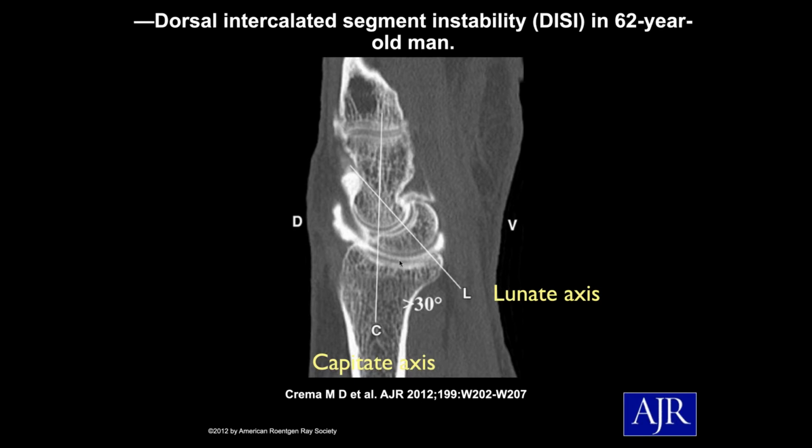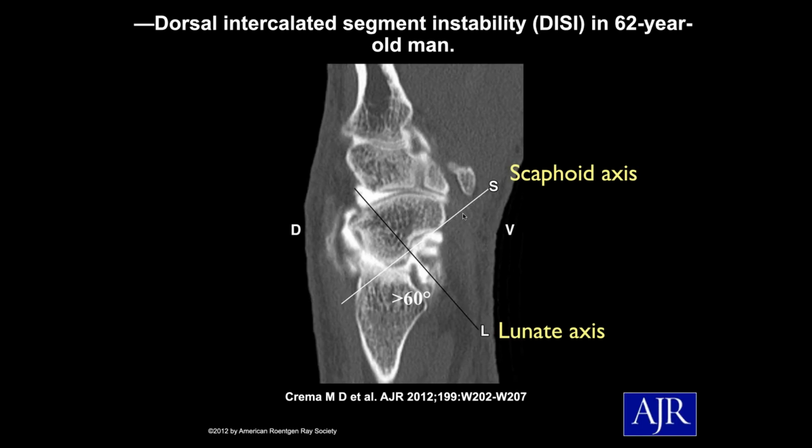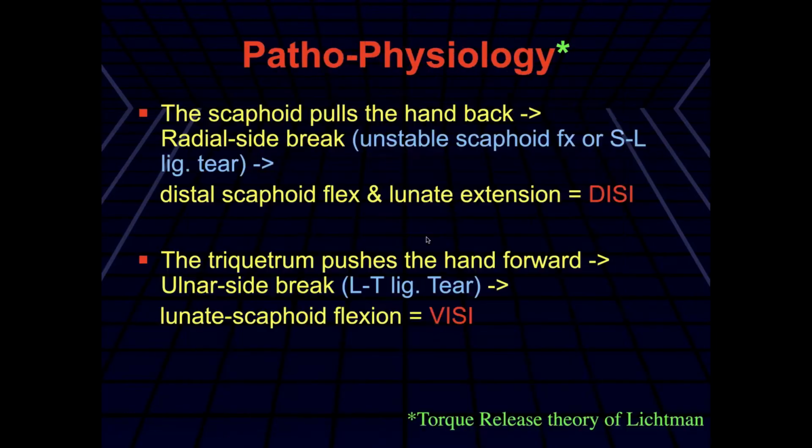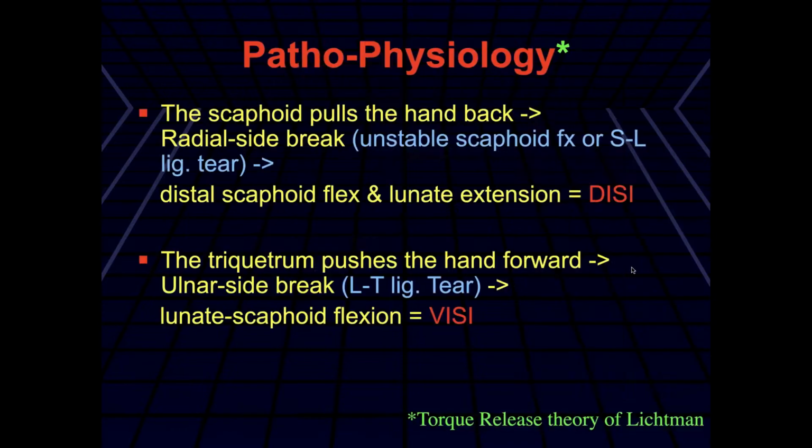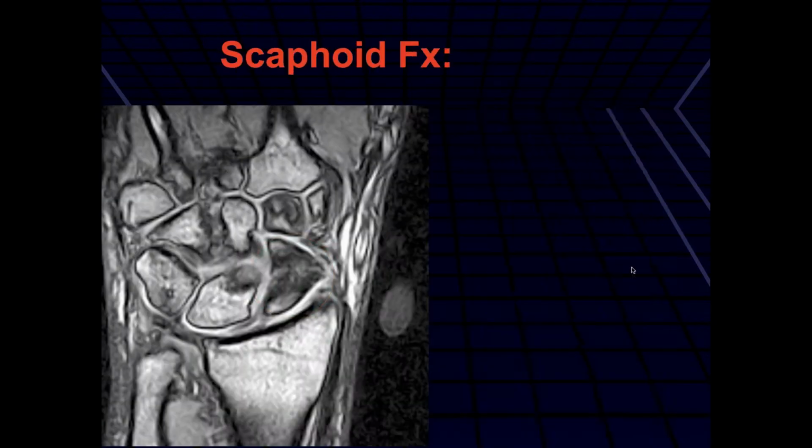For the scapholunate, this is the normal angle that we measure, and this should be under 30. If we look at the scaphoid axis, let me go back to the slide that shows that. Here we go. So here would be the capitate lunate angle. That's the one we usually measure. That should be less than 30. If we go to the scapholunate angle, which is this one, it should be between 30 and 60 degrees. Right, that's what Campbell's uses. Yeah, scapholunate angle. So then if we go back to this case,